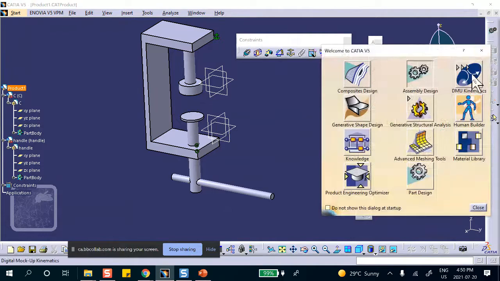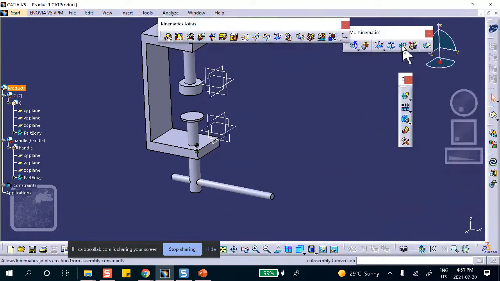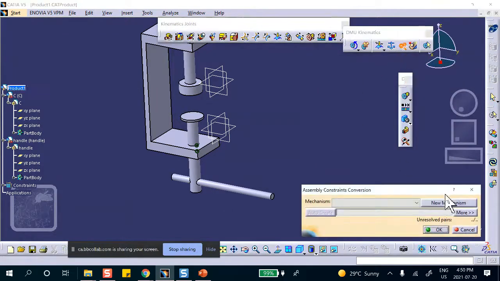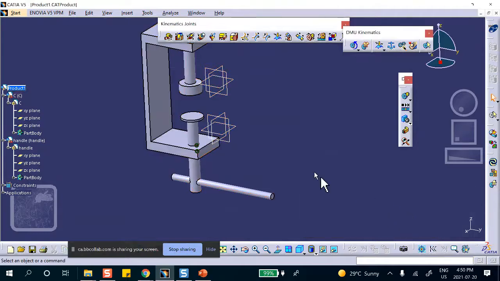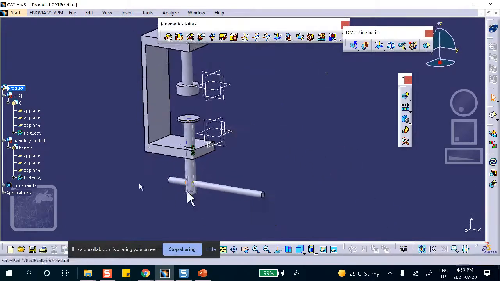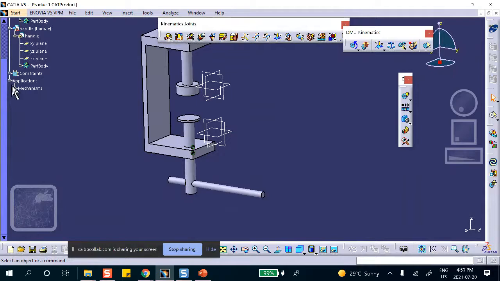Go to the digital mockup, DMU kinematics, get the magic wand out, new mechanism, auto create, and okay. So if you look, there's going to be a single cylindrical joint here. And notice that the degree of freedom is 2 because a cylindrical joint has 2 degrees of freedom, one for turning, one for advancing. Okay, but here there is something called a